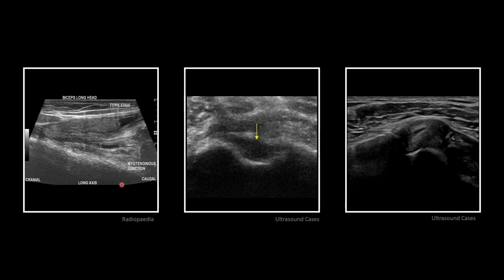In the middle image, we see the bony landmarks of the greater and lesser tubercles and the bicipital groove, but there is an absence of the tendon in the bicipital groove. So we should normally see this tendon coursing through this structure, and instead we don't. Now, before we say that, we've talked about this multiple times, but remember that anisotropy can make things appear much darker than they are. So you have to be cautious. You really need to fan your probe to verify that this isn't just anisotropy before you say there's an absence